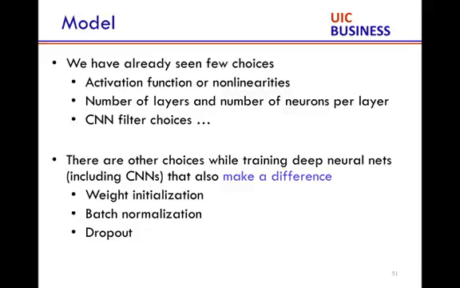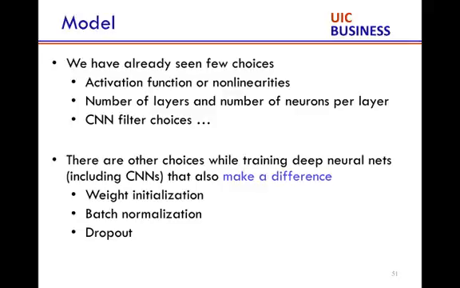So that was the data part. There's not much going on in terms of data. We revisited the data part and we saw that we can augment our data. In terms of model, we've already seen a few things that we could tweak. First thing was the choice of activation function. We said sigmoids are not that good, maybe tanh are not that good. ReLU and variants, we looked at them. We also looked at the choice of the number of layers and the number of neurons per layer, which totally depends on